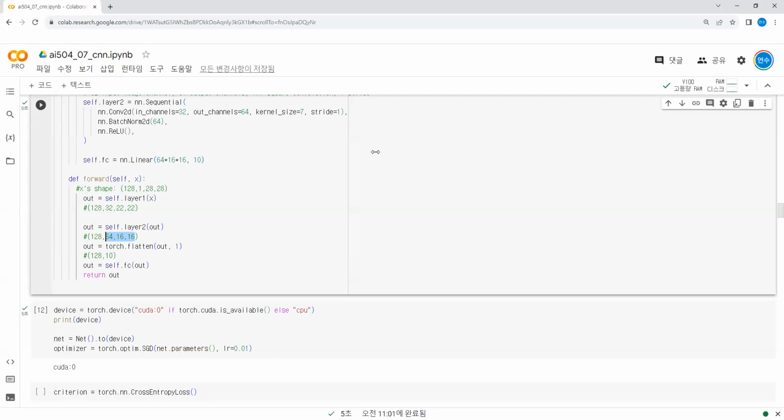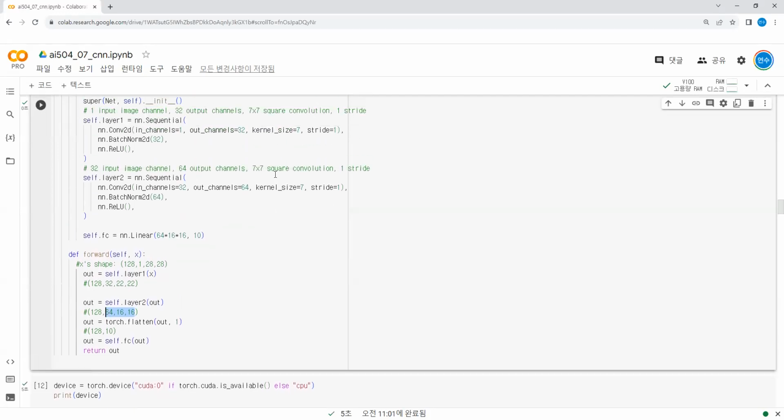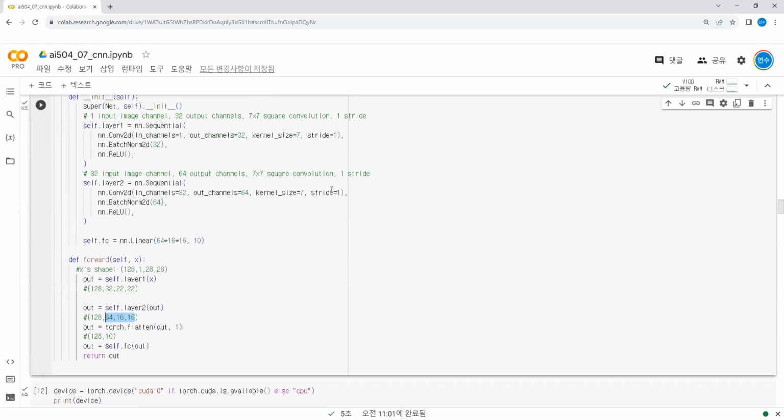And what if we add padding 3 in the Conv2d layer? If we add padding 3 in the Conv2d layer, we have to change the input size of the linear layer because